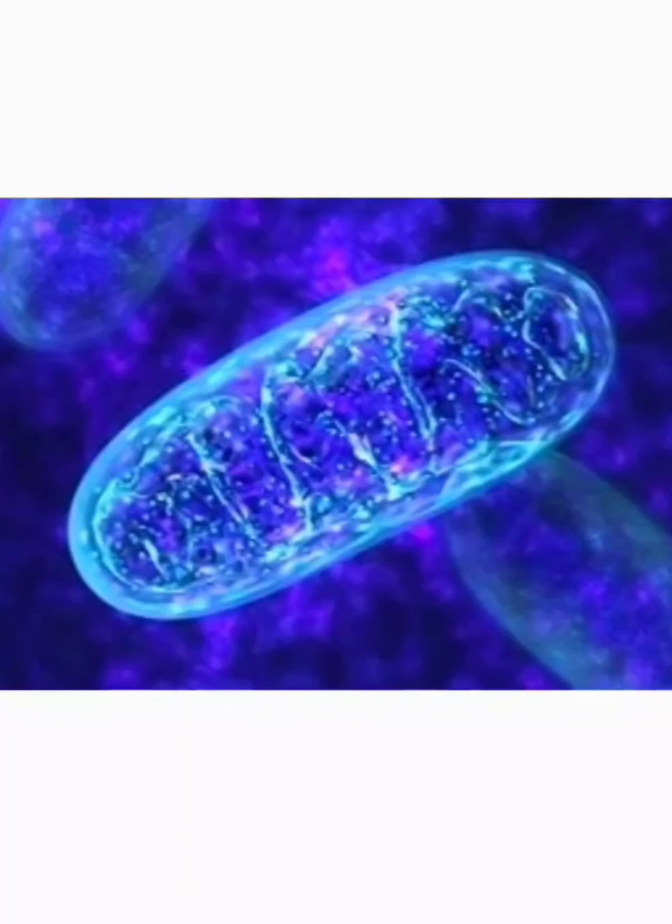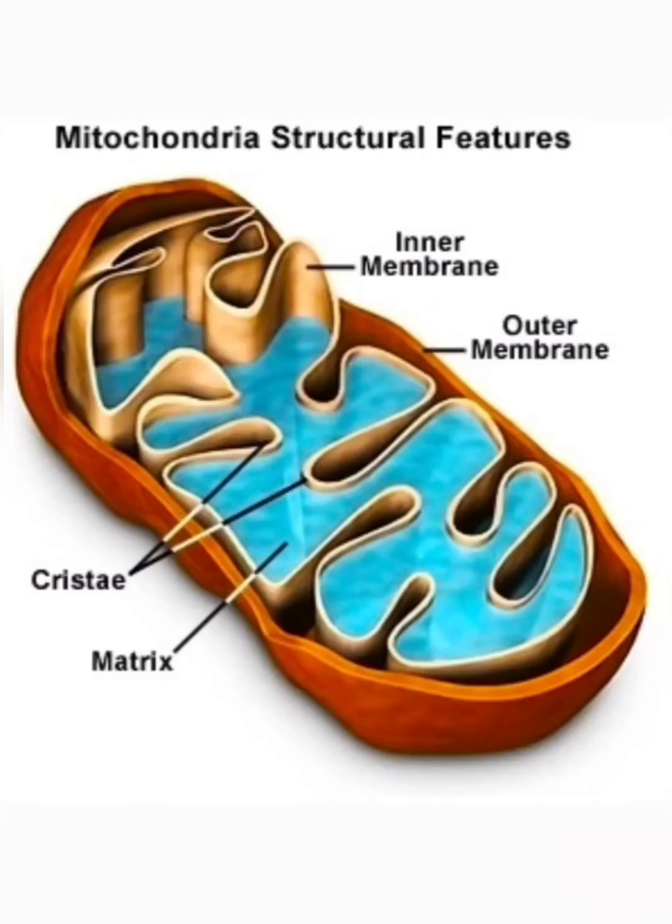Today in this video let us learn about mitochondria. Mitochondria are small spherical or cylindrical organelles. These are generally 2 to 8 microns long and about 0.5 microns wide. There are nearly 100 to 150 mitochondria in each cell. When compared to the size of the nucleus, mitochondria are nearly 150 times smaller than a nucleus.